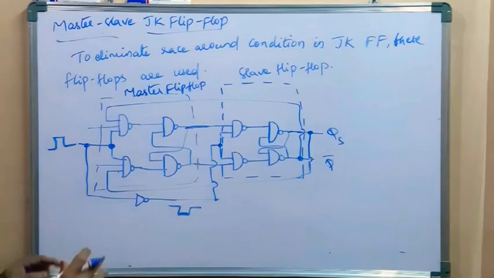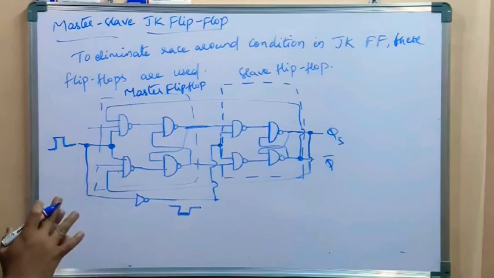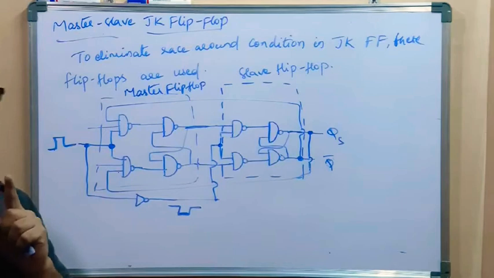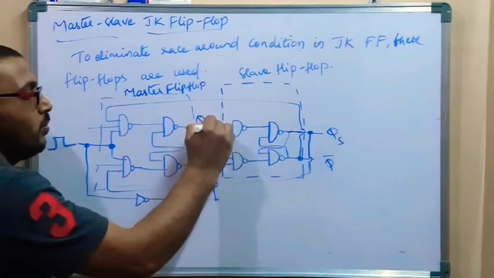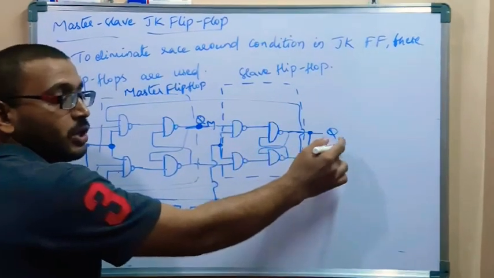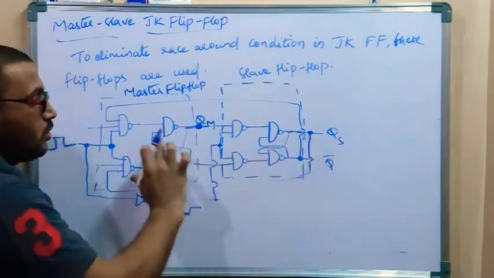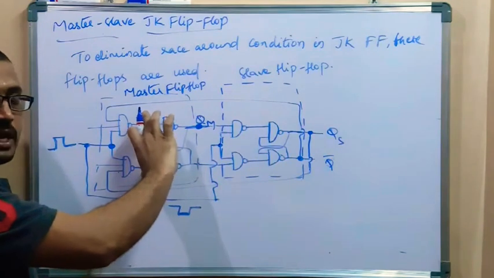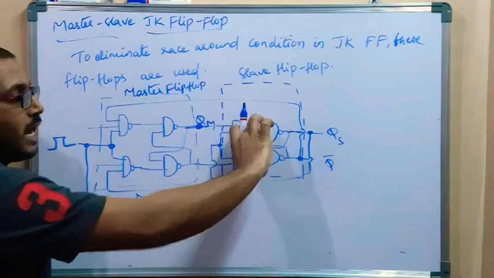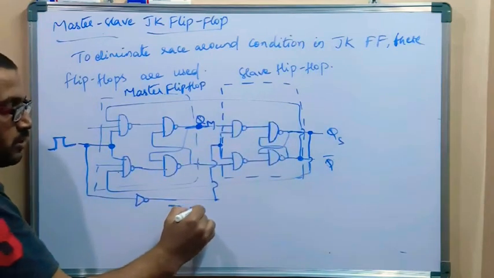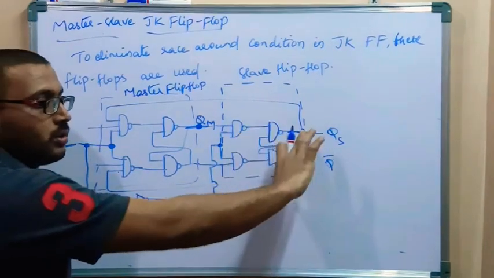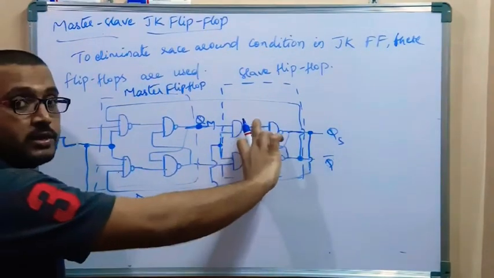See here. So the circuit of a master slave flip flop is this. It consists of two flip flops. One is master, another is slave. So this is designated as QM, master output, and this is designated as QS, slave output. So master is active for the positive level of the clock pulse. The slave is active for the negative level of the clock pulse. When master is active, slave is inactive, that is the clock pulse for slave is inactive.